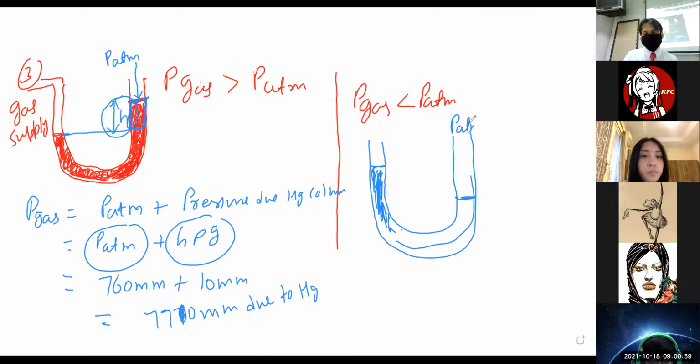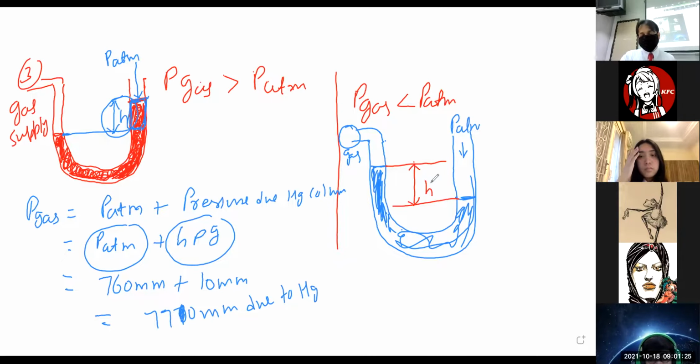P atm, remember, atmospheric pressure is acting. Still here, this is connected with a gas, or maybe the gas is contained in a container, so that you can fill it with mercury. Again, children, the difference in height. What is that difference in height? This much. So this is H here.